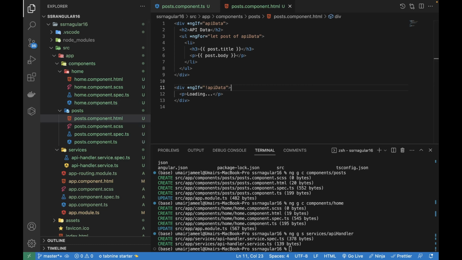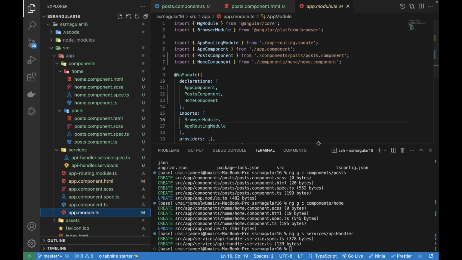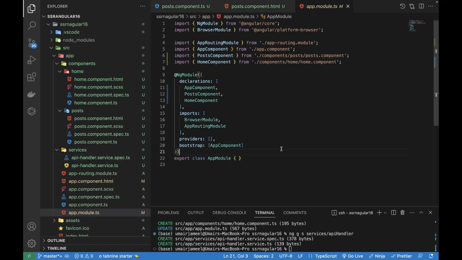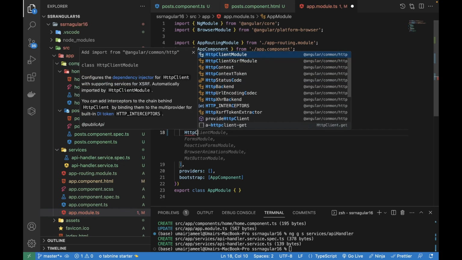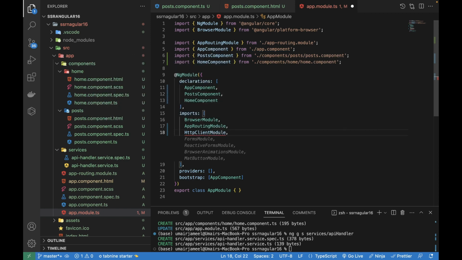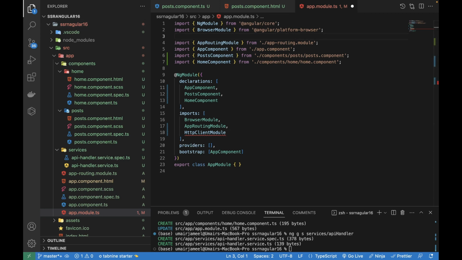Okay, so then I need to go to the app.module, and inside it I need to actually add some providers to it. So first of all, I need to add this import for the HTTP because we are using the HTTP client module. So HttpClientModule has been imported, and I think this is pretty much it that we have to do. So I'll just be copy pasting the line which I have already added in other components,